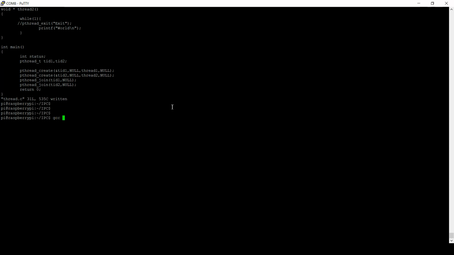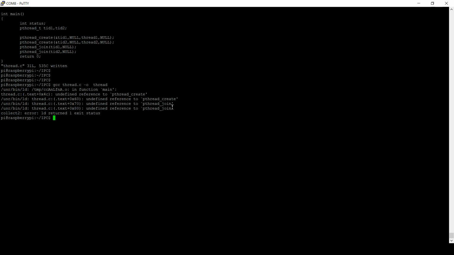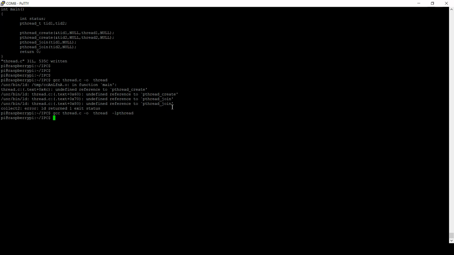One major thing, if you are going to compile this code, just keep one thing in your mind. You will have to link the library which is related to pthread. Here I am compiling this code, and it's giving me an error. As I said earlier, you will have to link the pthread library during the compilation of the code. How can you use it? You have to mention -lpthread. Now this code has compiled. Let's run it.